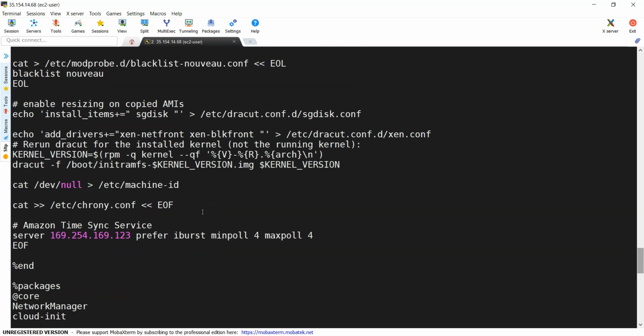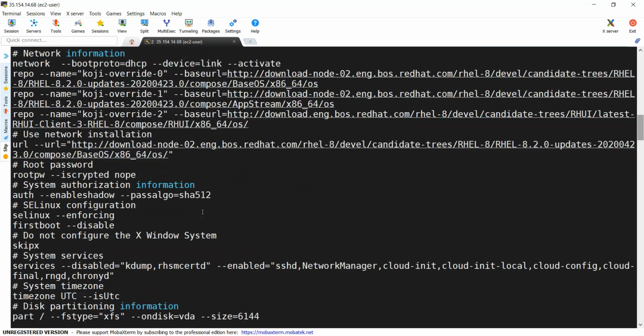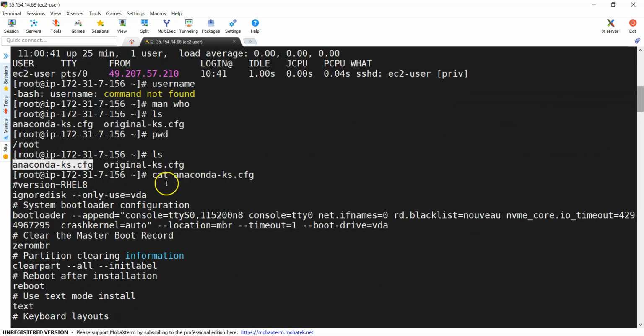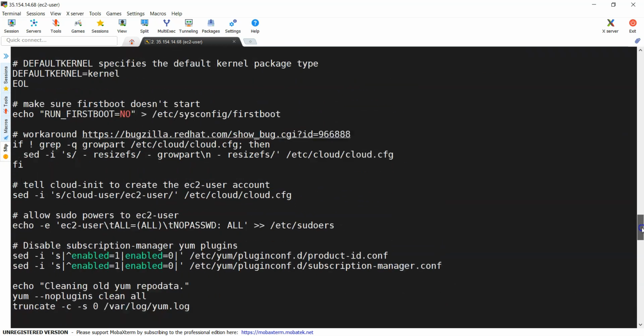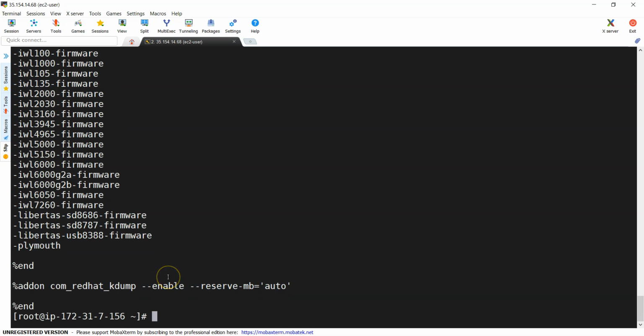Let's go up. So it started here. We have just run the cat command, and this is where it started, and a lot of information is there. I'm just scrolling down. Whenever you execute the cat command, it displays the file, but it goes directly to the end of the file. You can see the last page of your file.